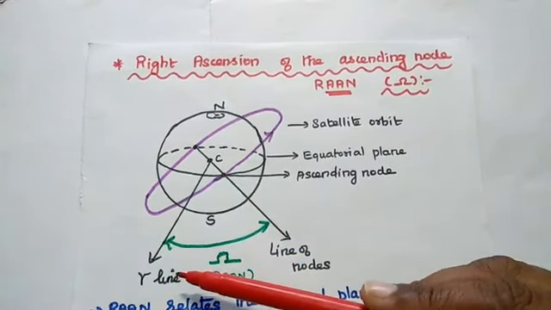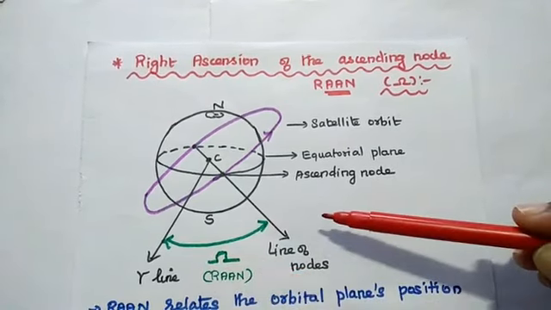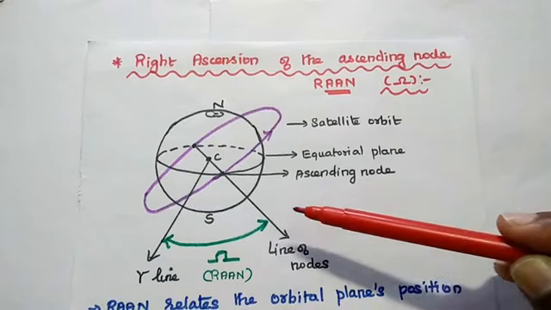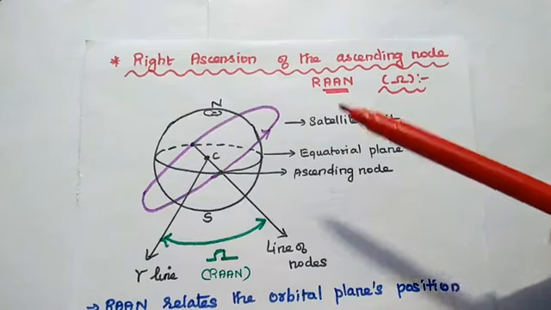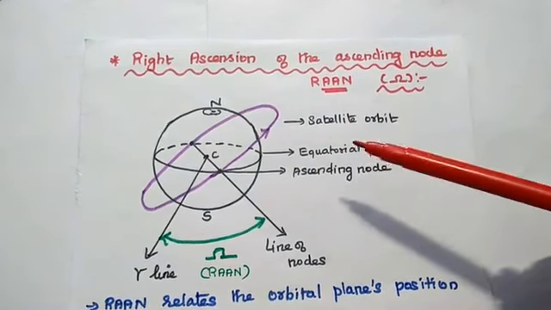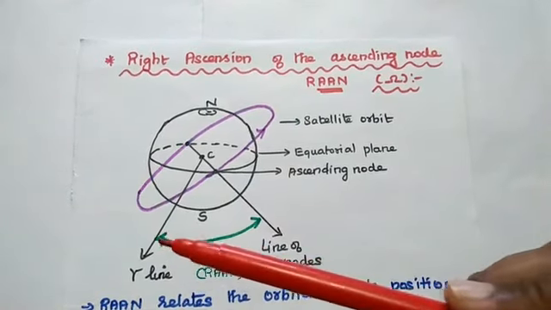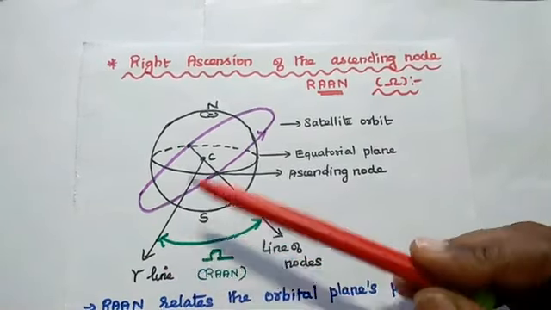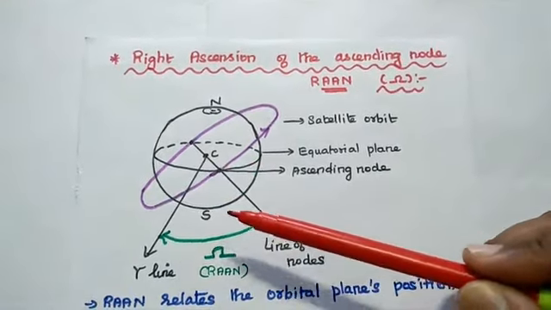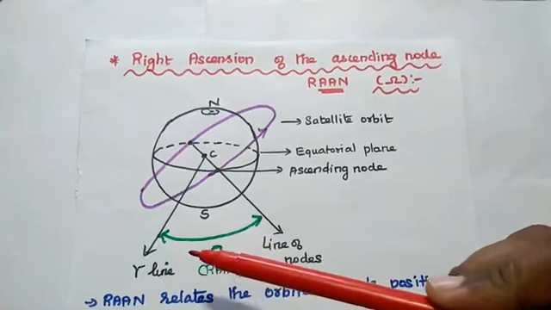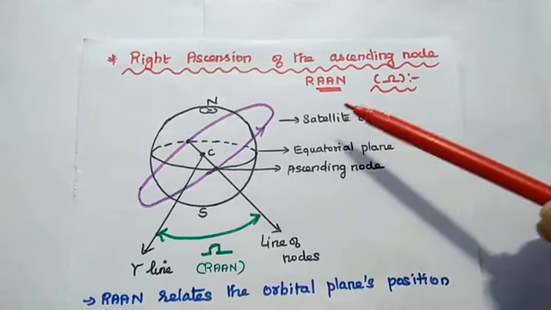So there is the gamma line. It is also called the vernal equinox direction to the ascending node. So here this ascending node is not always permanent because the satellite is continuously rotating as well as the earth revolves around the sun. So here we can consider this gamma line, that is the equinox line, is an imaginary line drawn from the equatorial plane crossing through the center of the sun first time. So here we can assume the first point of Aries as the imaginary line for this RAAN calculation.